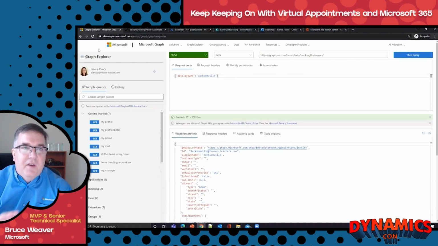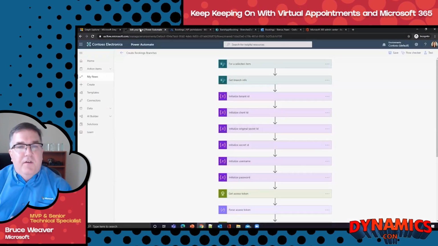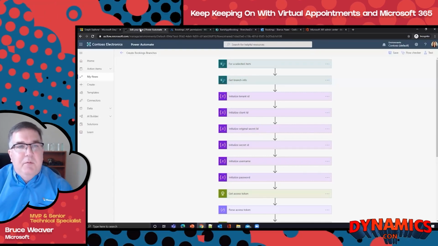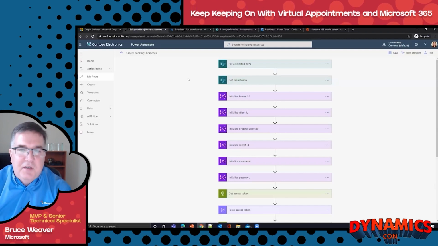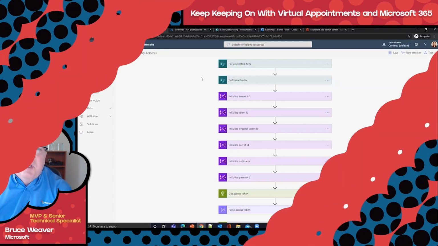So with that, let's go ahead and turn our attention over to Flow. For those of you who have worked in Flow, and I suspect many of you have if you're joining us here today, maybe you've worked on it from a Dynamics perspective, but I suspect you're probably familiar with doing orchestration, automation, workflows inside of Power Automate. What we've done here is we've just laid out a very simple flow. There's no branching logic. There's nothing complex about it, but it's very straightforward.